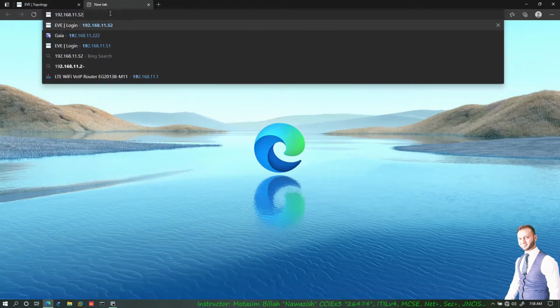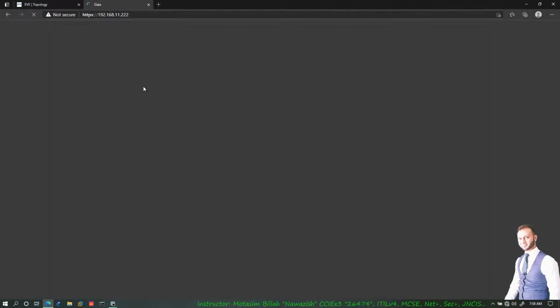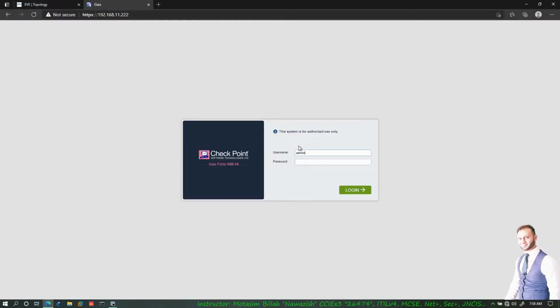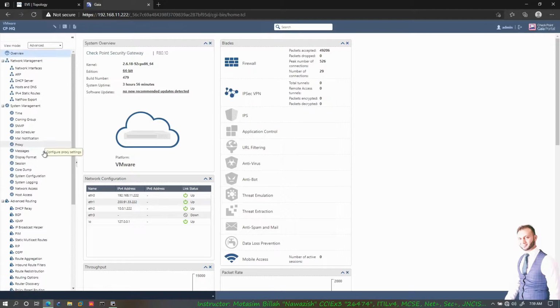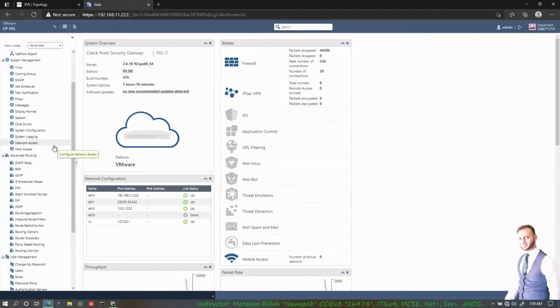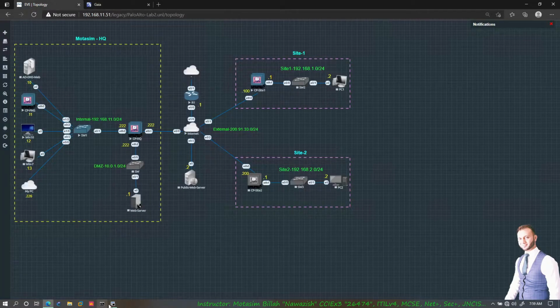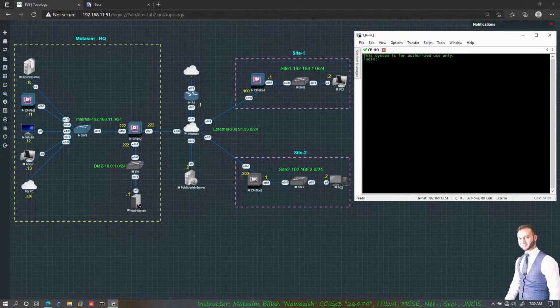So the IP is 222, and the credentials. All these configs that you can do from the web user interface, you can also do from the CLI. So admin 123. Now